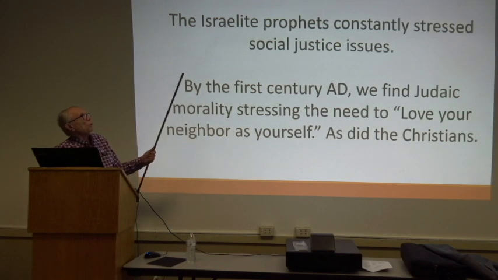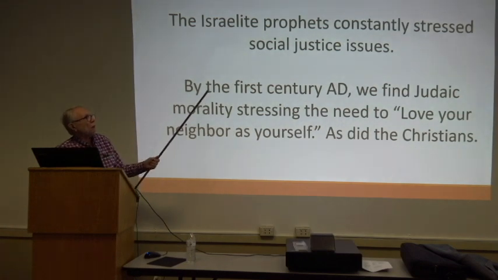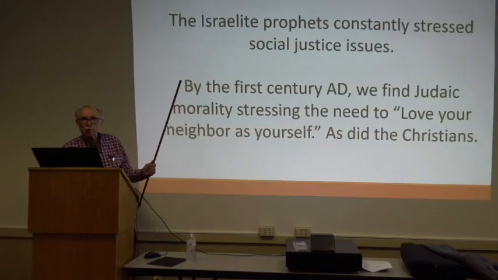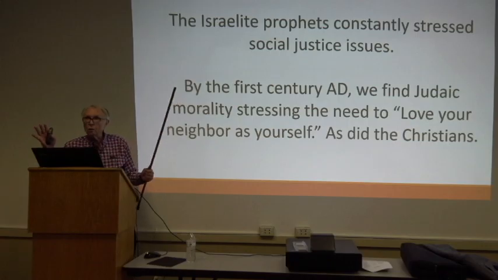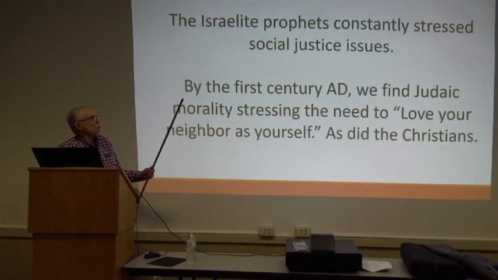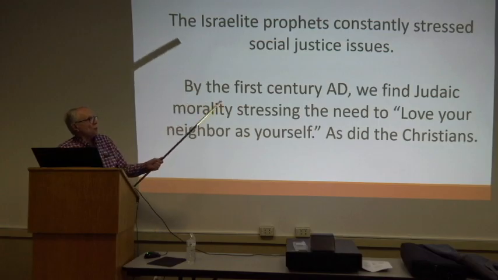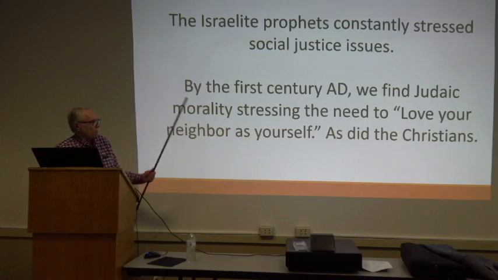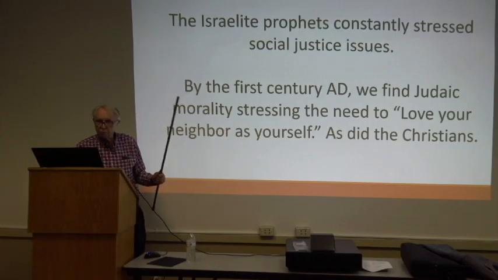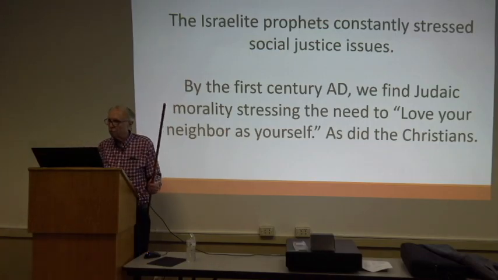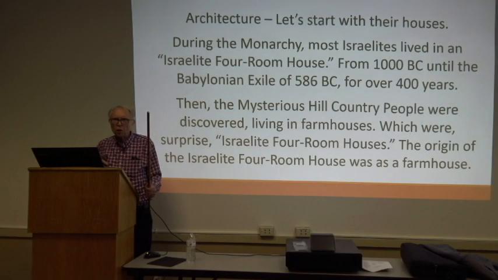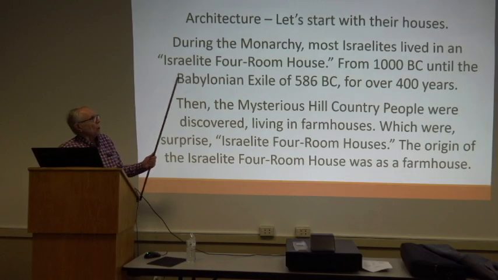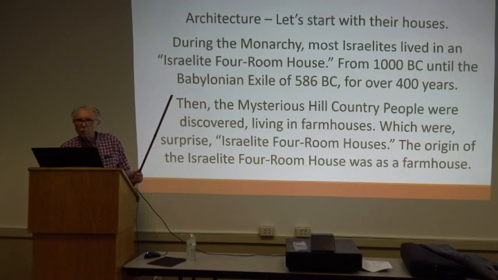Now, later on, we know that the Israelite prophets constantly stressed social justice issues, equality, treat your neighbor as yourself. And by the 1st century AD, we find Judaic morality stressing the need to love your neighbor as yourself, as did the Christians. I want to talk about these hill country people because I'm going to start with their houses